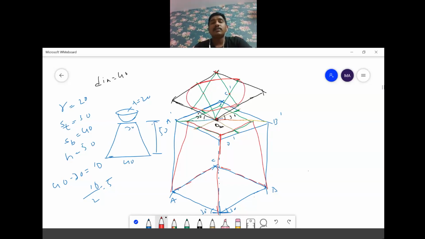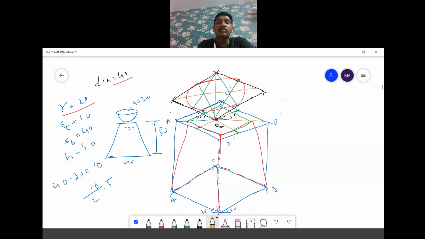Is it clear? From this midpoint, I am drawing an inclination of 30 degrees on two sides, right side and left side. Then I'm cutting 40 mm on these inclined lines and forming one square. Why? Because the radius of this sphere is 20, so the diameter is 40. So I am drawing a 40 mm square. In this square I am constructing a circle using the 4 center method. After constructing this circle, I am joining the midpoints here.